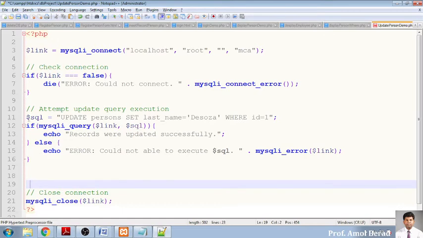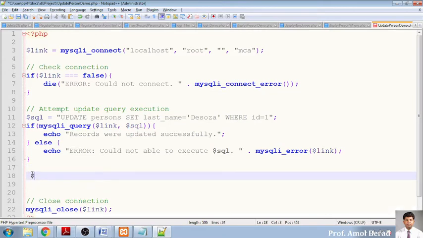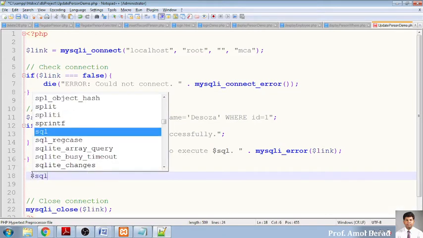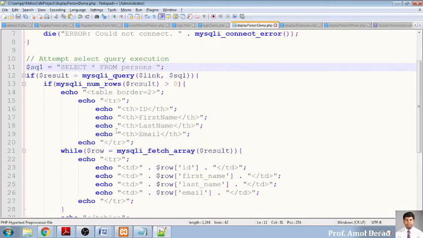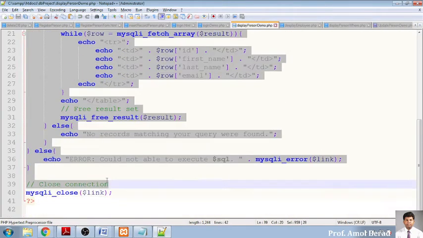Whenever you are writing it, I will be writing one query. It's very simple. So dollar SQL, I will write it as SQL underscore display. This will be the query, and into this we will write a query called select star from the name of the table, that is persons table. That's it. This query will be fired, and whenever we fire a query, it will fetch a record, and this fetched record needs to be displayed on a screen. We have already gone through displaying the record, so I am copying this one, and